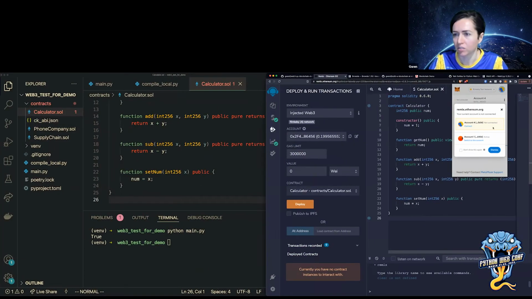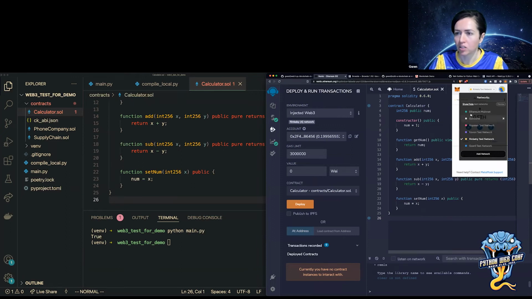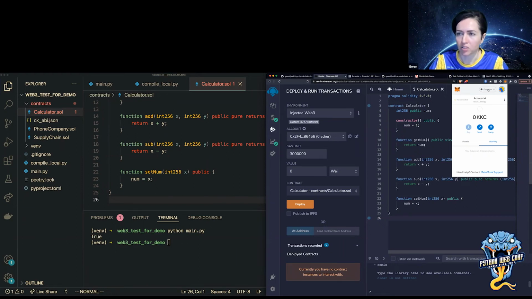Actually, I need to delete these and re-import because I restarted my Ganache, so it regenerated new accounts. And then here you can see all of the networks that I can connect to. I have the Ganache network here, which is connected to my local host, 7545. I also have the Ethereum mainnet.